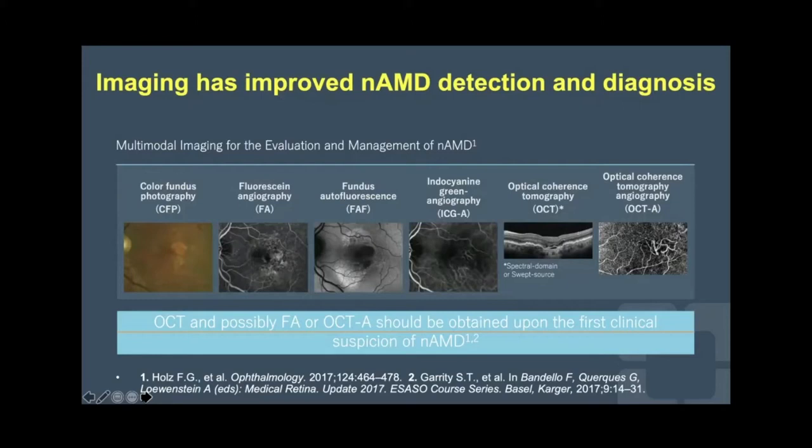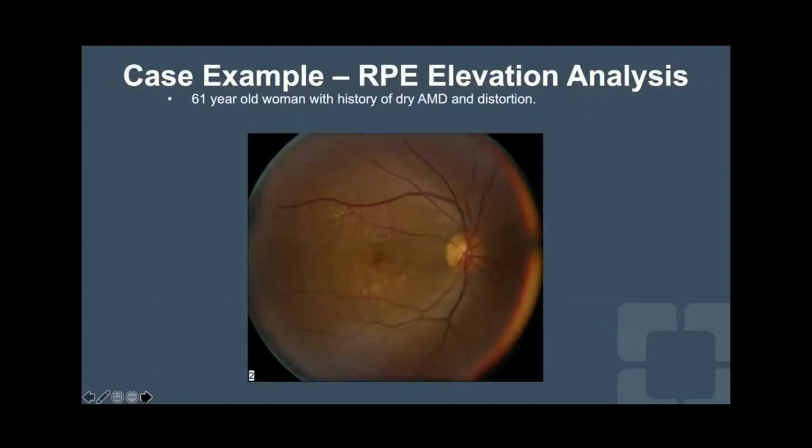Fundus autofluorescence is good for looking for atrophy, as well as ruling out masquerade syndromes like central serous. ICG, obviously, when you consider the condition of polypoidal or feeder vessel lesion treatment. And for the most part, we rely upon the last two, which is OCT and OCT-A. I wanted to walk you through where we've learned so much through both OCT and OCT-A about this disease